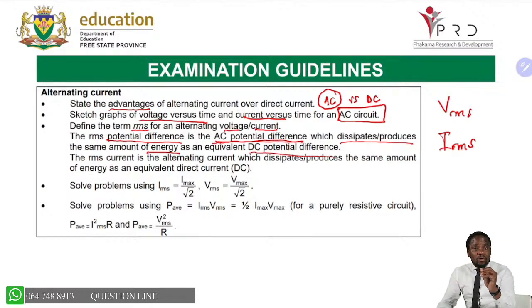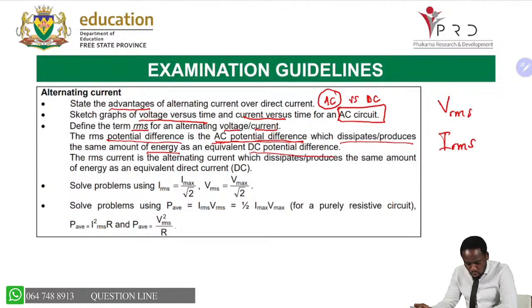So what is supplied or delivered to an appliance when you plug it into the mains is the root mean square, or the average. It's not the peak current, neither is it the zero or the lower peak in the opposite direction. The current fluctuates between maximum, zero, and maximum in the opposite direction. Because this happens at a very high frequency, what is delivered to the appliance is the root mean square voltage or root mean square current, which gives the same amount of energy as that of an equivalent